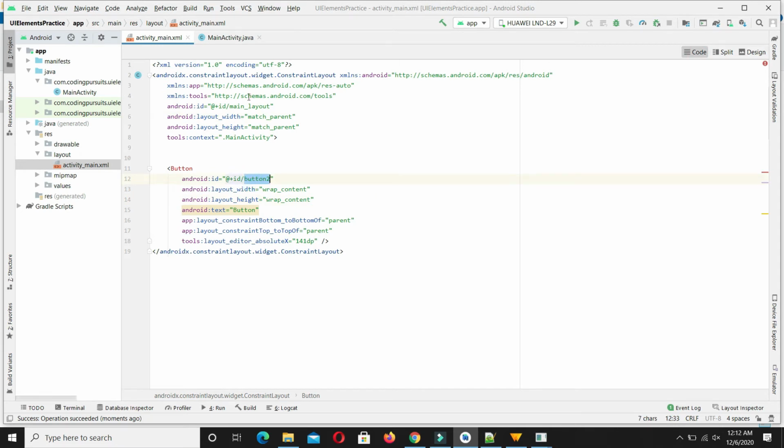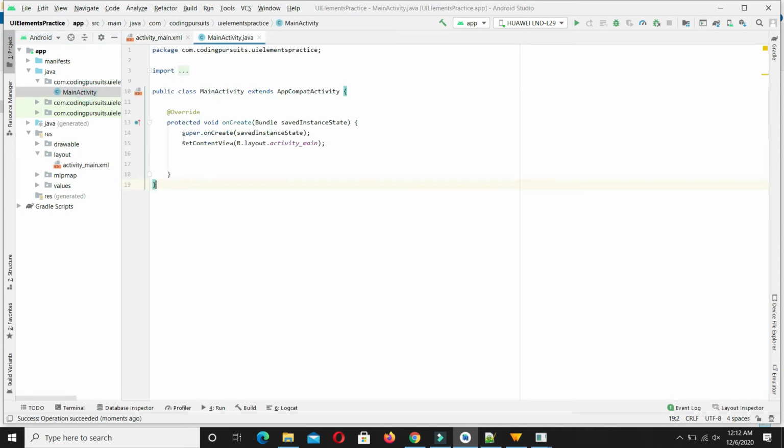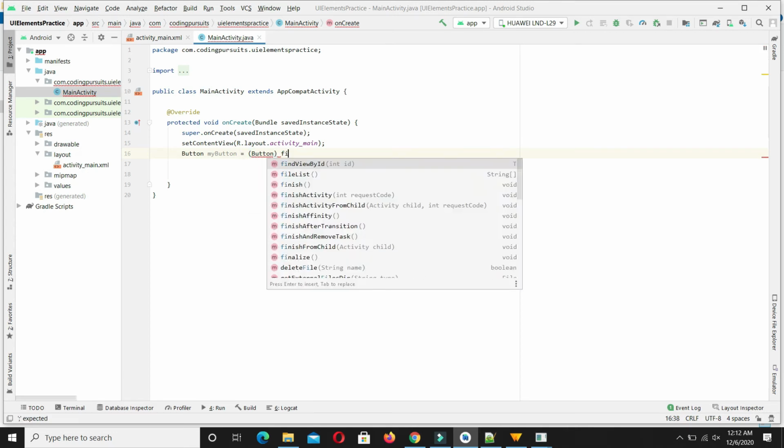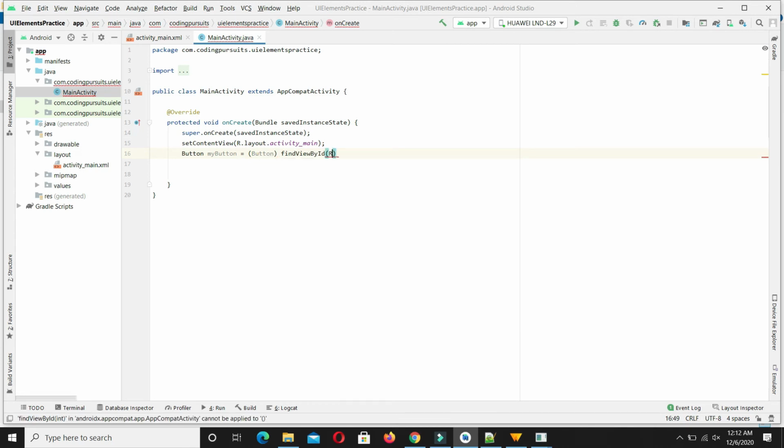Now let's come to the main activity code, and from here, first of all, we will access this button. So our button has been accessed.